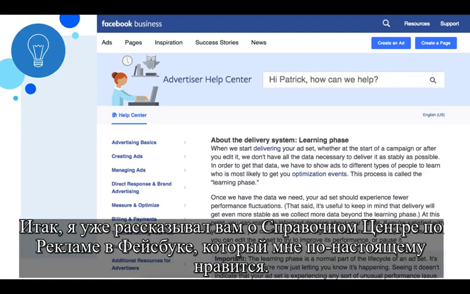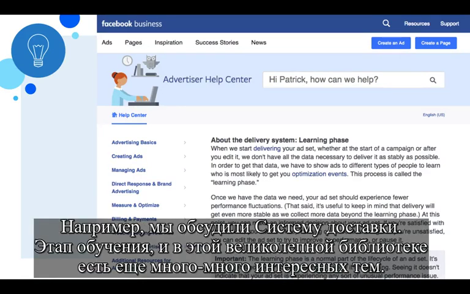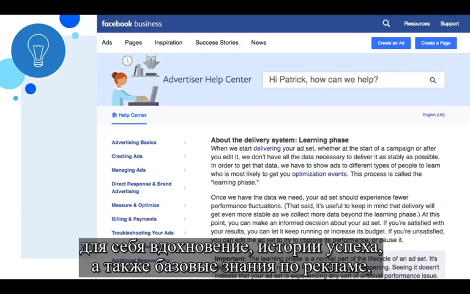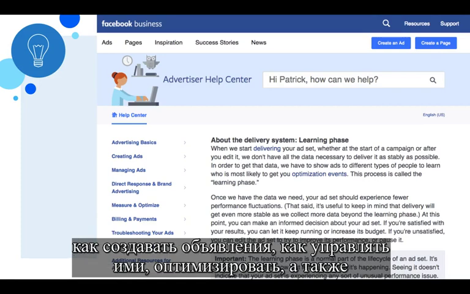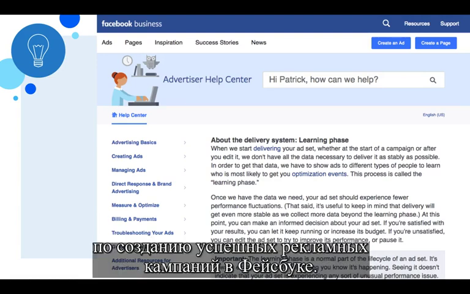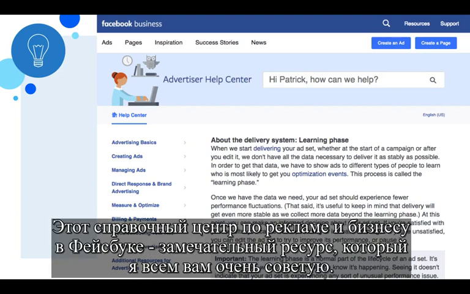So the one that I have already presented to you and that I really like is the Facebook Business Advertiser Help Center. For example, we have commented the delivery system learning phase, and there are many more things in this wonderful library, where you can really find some inspiration, success stories, but also the basics about advertisement, creating ads, managing ads, measuring, optimizing, and especially troubleshooting your ads, and also the 3 guides that I have recommended on creating successful campaigns in Facebook advertisement. So this Facebook Business Advertiser Help Center is a wonderful resource that I would strongly recommend to